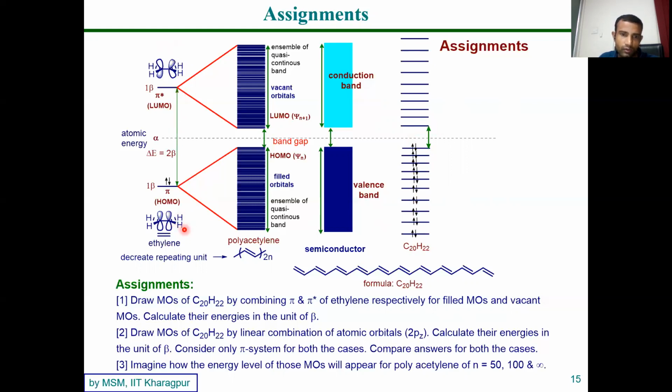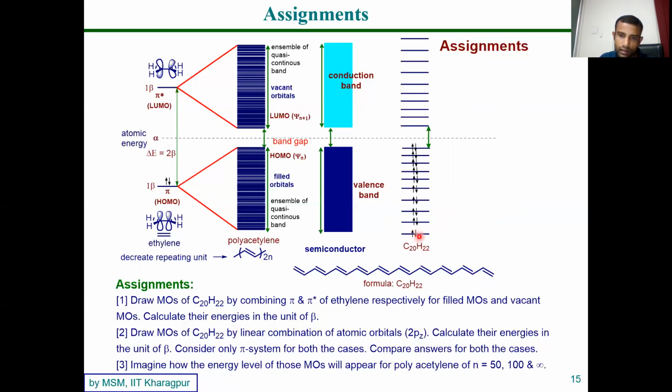One may ask why I focus on ethylene. Because ethylene is the basic moiety for all conjugated systems, I thought let us start with ethylene. Now draw the molecular orbitals with linear combination, the way I did in my first video for C20H22, by using the sine curve. Also calculate their coefficients, all the things, the C ij values. Also draw all the MOs, and not only calculate the coefficients, also fit the sine curve